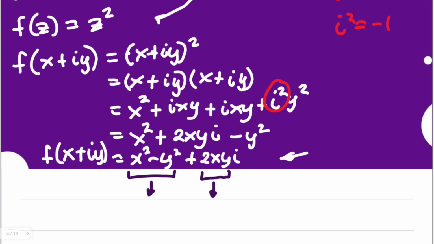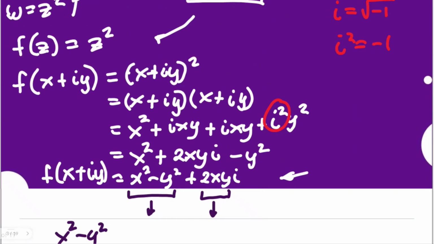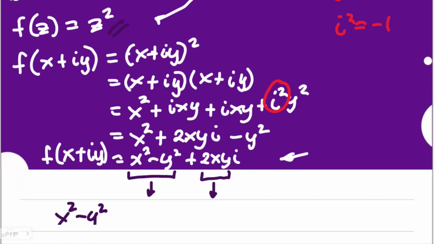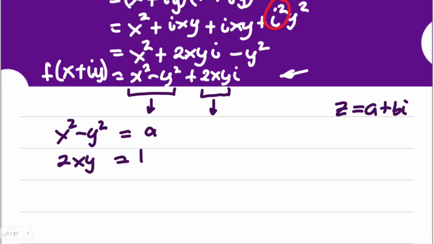We just know now that x squared minus y squared, in the form of this function, of course it's not all the time true, but for the function being z squared, if you have any other form, a plus bi, this would correspond to your a, and you have 2xy equal to your b. By the way, this same concern was taken in the use of the formula for the square root of a complex number, and instead of a and b, we actually used p and q in that perspective.